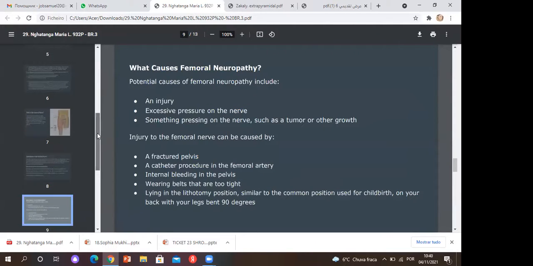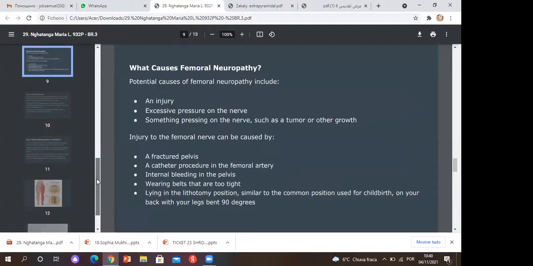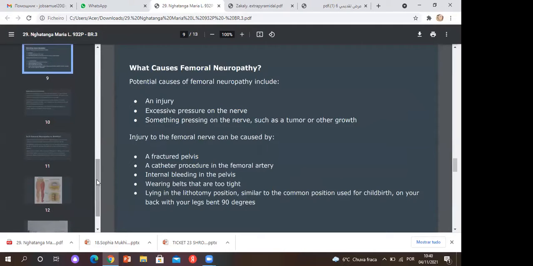So then what causes femoral neuropathy? The potential causes of femoral neuropathy include an injury, like trauma, excessive pressure on the nerve, or something pressing on the nerve, such as a tumor or another growth. If a person has a tumor somewhere near the nerve, and it grows in the direction of the nerve and begins to press on it, it can cause femoral neuropathy as well. Injury to the femoral nerve can be caused by a fractured pelvis, a catheter procedure in the femoral artery,